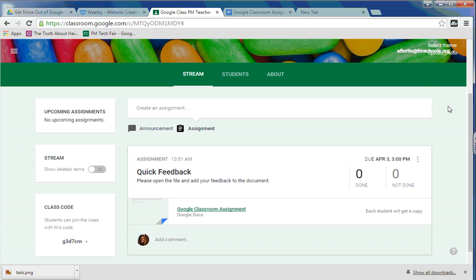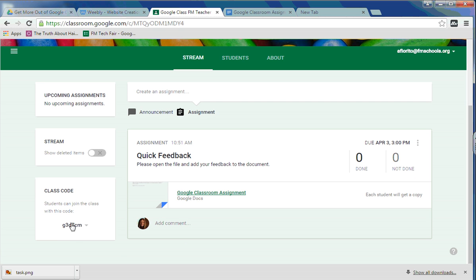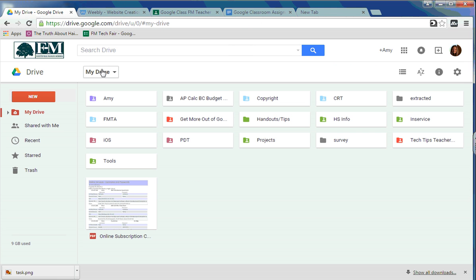Okay, so let's just take a look at this. Looks pretty simple, right? I mean, here's my class code if you want to join. Here's my first assignment. It's pretty obvious. It's got the name of the assignment, the directions, and as a student, I would just come in and click on this and complete the assignment and turn it in. What it's doing for the teacher in the background is keeping track of all of this, but at the same time, if I go back to my Google Drive here, you're going to notice